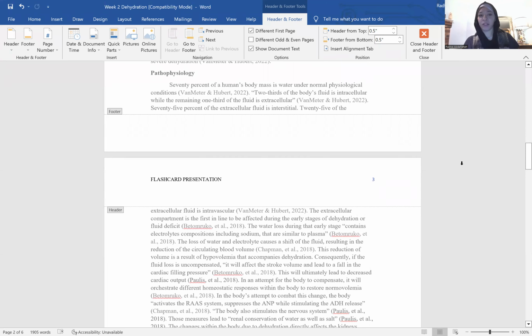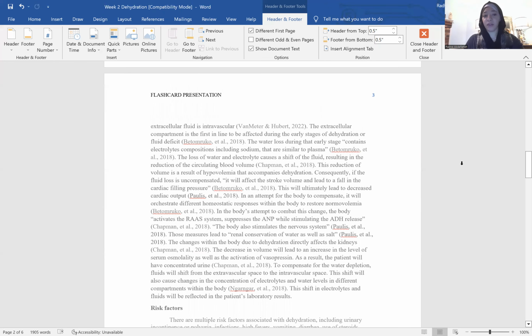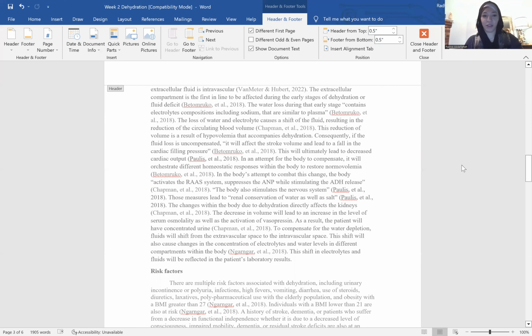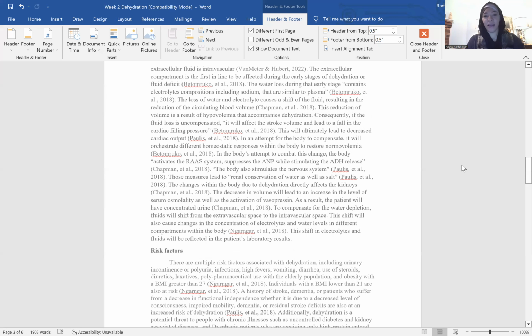Moving on to pathophysiology, 70% of the human body mass is water under normal physiological conditions. 2/3 of that body fluid is cellular, while the remaining 1/3 of the fluid is extracellular. 75% of the extracellular fluid is interstitial, while 25% is intravascular. The extracellular compartment is the first in line to be affected during the early stages of